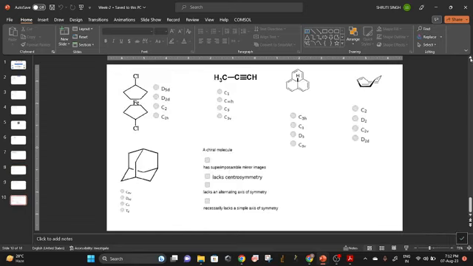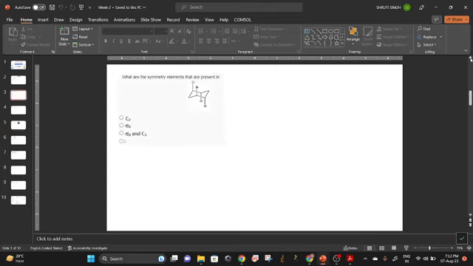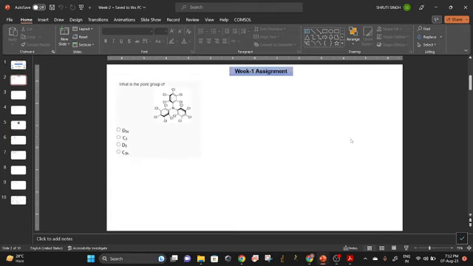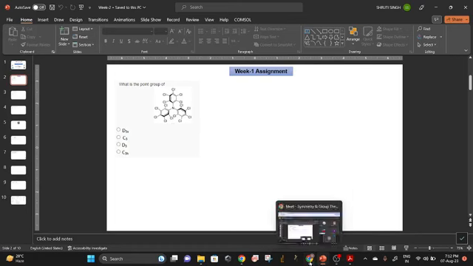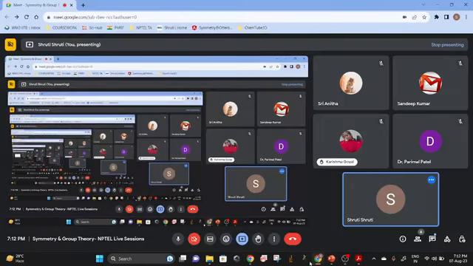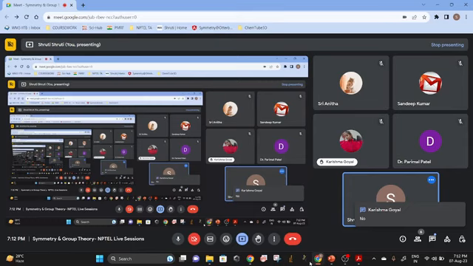I'll start with the first one. This is a big molecule, and is this molecule planar or not? Can someone tell me? No. Yes, that is the first thing to identify, that this is not a planar molecule,